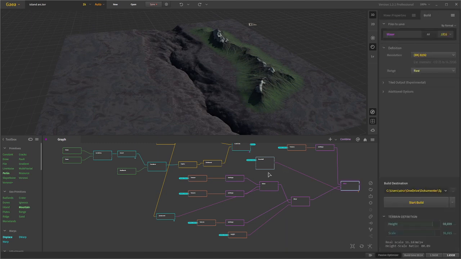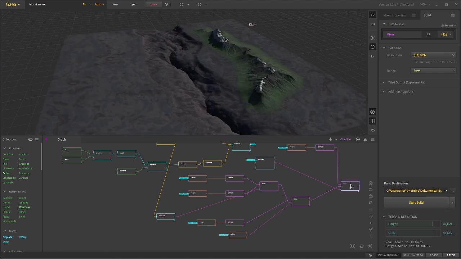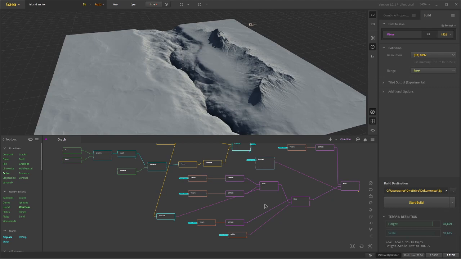What I did here was mark 2 of my nodes for export, the final mixer and the final combined node here, and I used the mark for export, here we go, and I used the TIFF 16-bit as the file type I wanted to use, because it would be available to get right into Terragen. So I didn't need any conversion or anything. I just could use those maps as they were.